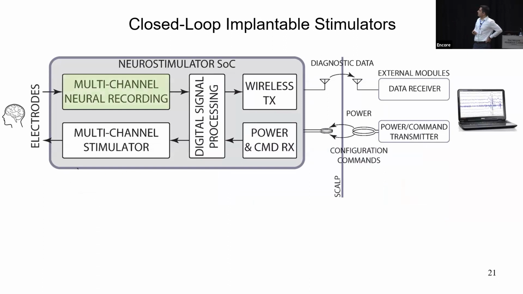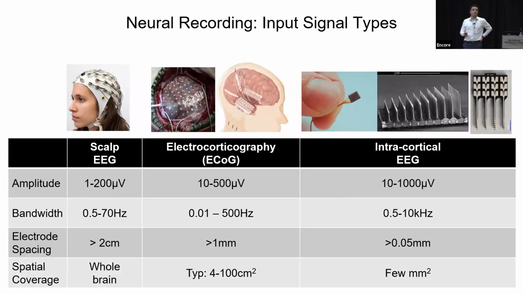Now, a bit about recording. Generally, we can record electroencephalography, or electrical activity of the brain, from different layers or at different levels. We have scalp EEG, we can record from the surface of the brain or the cortex layer, electrocorticography, and we have intracortical EEG recorded with these depth electrodes. As you can see, as we go from the left to the right, we get more and more invasive and we lose our spatial coverage. We go from whole brain coverage to just covering a few square millimeters. But at the same time, we are achieving more and more bandwidth and, more importantly, more and more spatial